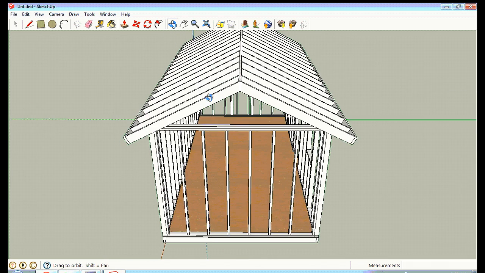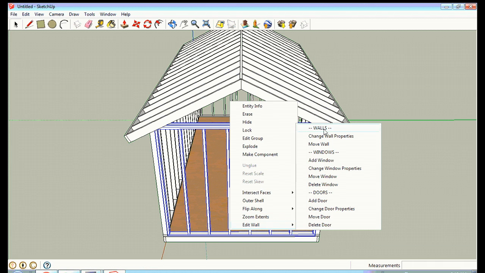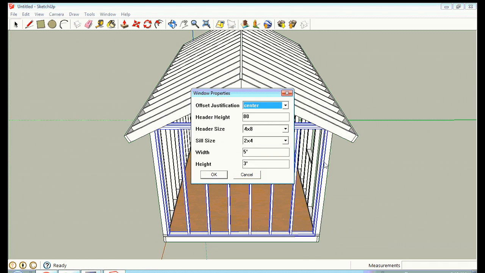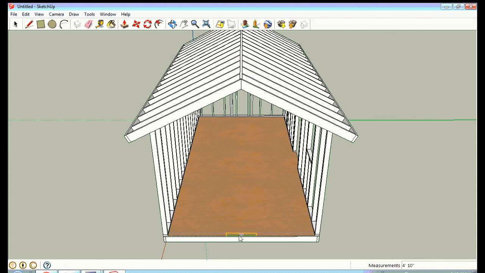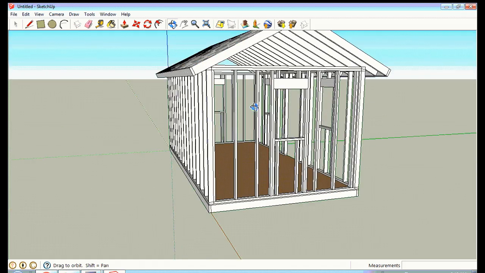So again, around to this side over here. We'll do the same thing on this side. Edit wall, hit add window, change this to 2 feet, locate it centered, and it puts in my window. Okay, so I've got windows on both ends, 2 foot by 3 foot windows on both ends of the structure,